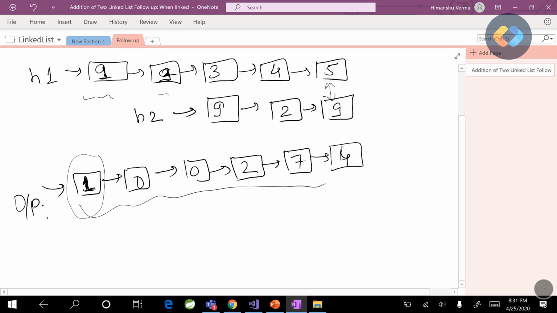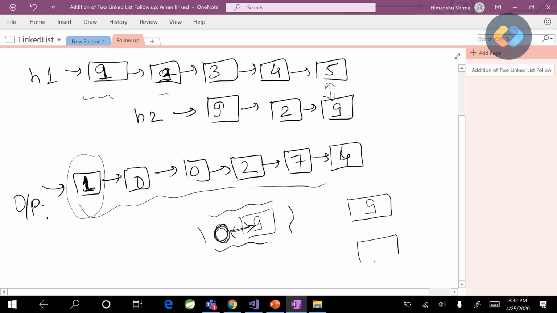Before discussing this solution, let's think about all the knowledge we have from the problem statement itself. We know that one node can carry values from 0 to 9. This is one piece of information we have. Let's see how we can use it. Since one node can carry values from 0 to 9, the maximum value that the addition of two nodes of these two lists can produce is 18.